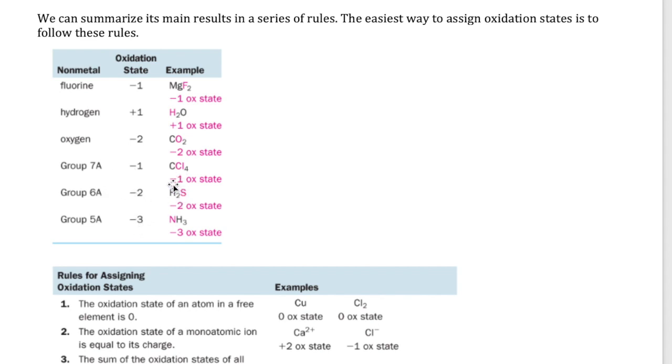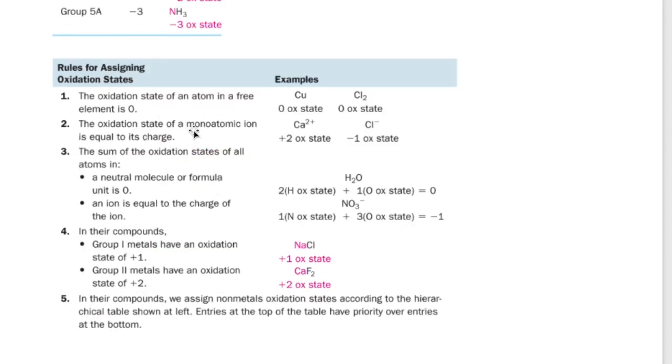Now if you have SCl2, you're going to have to assign the Cl first before you can assign the S. In other words, group 6A typically is -2, but it's not always -2. Group 7A is typically -1, but it's not always -1. It really depends on what it's paired up with, okay? This picture right here gives you a complete set of rules to assign oxidation numbers for all kinds of compounds